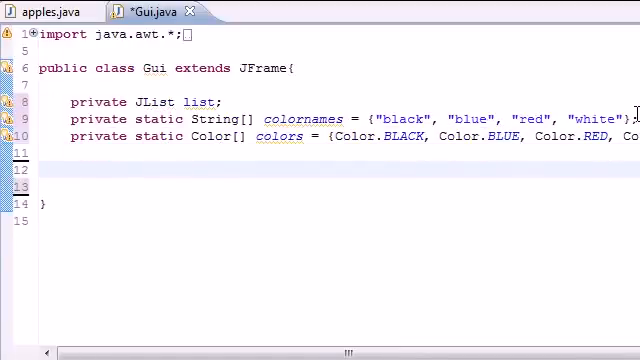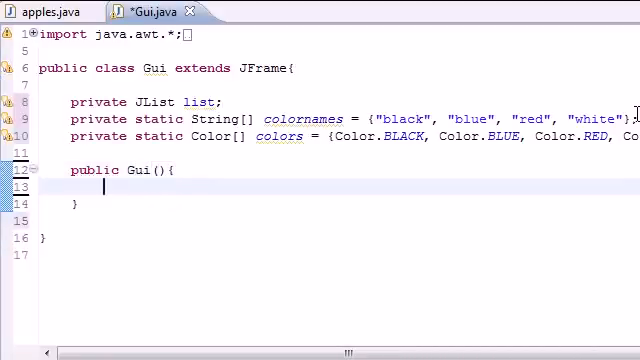Now we have our 3 variables pretty much: list, color names, and colors. We can go ahead and build our constructor for the window. So go ahead and build your constructor, and it's not going to take any arguments. Just do some housekeeping stuff. Add the title,